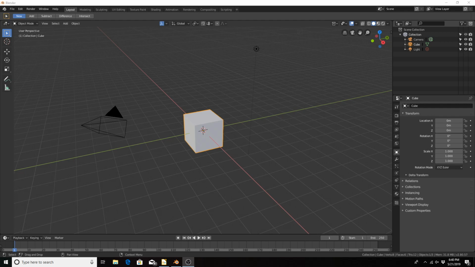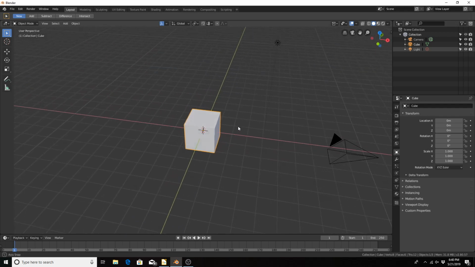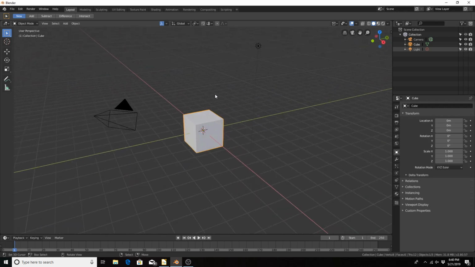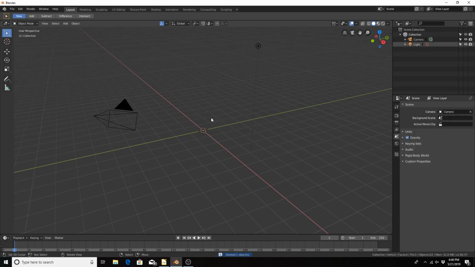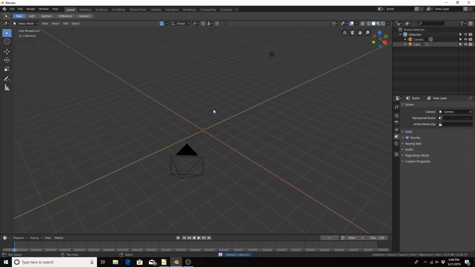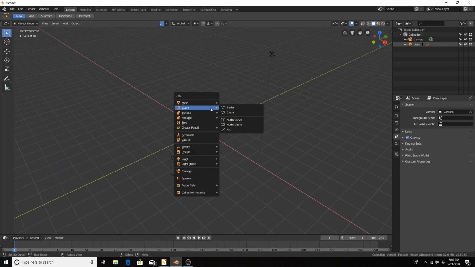First we're going to create our disc-like object. I'm not going to make a wheel, I'm just going to make kind of like a ring or a disc. By the way, this is Blender 2.8. Going to delete the default cube, and I'm going to add a torus. So Shift A, Mesh, Torus,